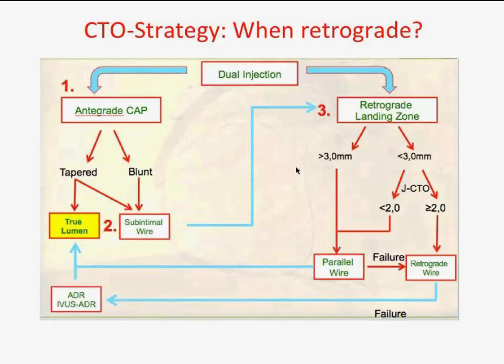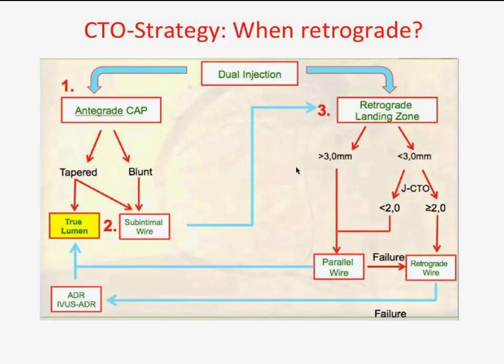Yeah, that's a great question. I have to tell you, if there's ostial occlusion, RCA occlusion, I try to go directly retrograde. The other thing is, normally you always need an antegrade wire also for your retrograde procedure. So I try to put an antegrade wire first. But if I have a very difficult CTO with a difficult retrograde pathway, a complex epicardial pathway, and I have the impression that I end up with two wires, one from antegrade, one from retrograde,